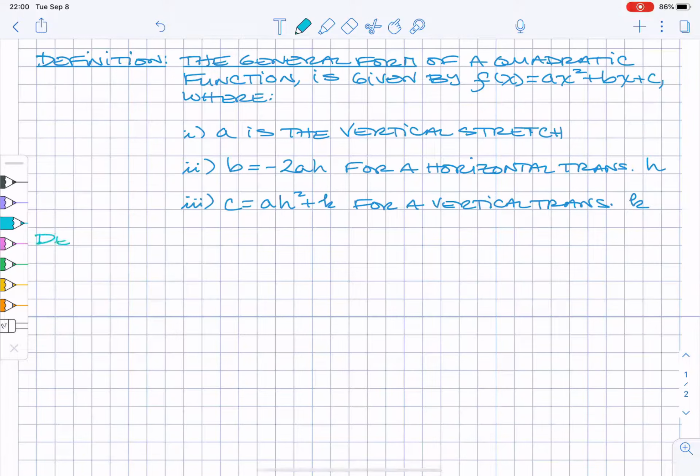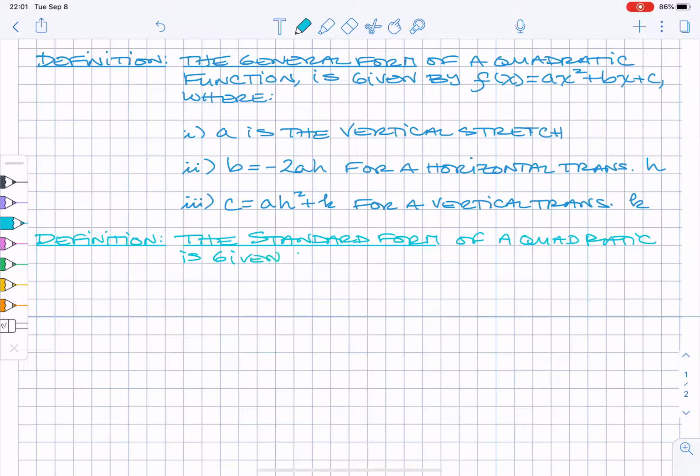So the standard form of a quadratic, as opposed to the general form, so the standard form of a quadratic function, is given by f of x is equal to a times the quantity x minus h squared plus k, where